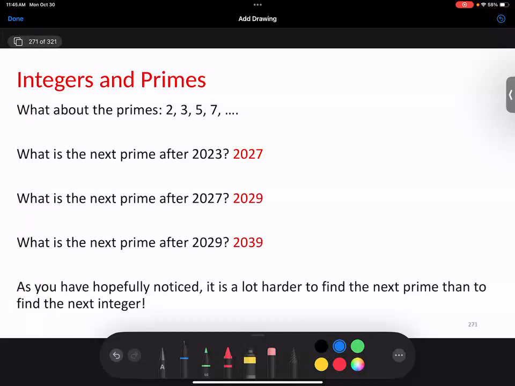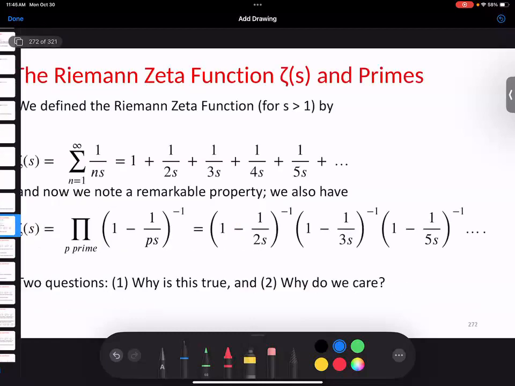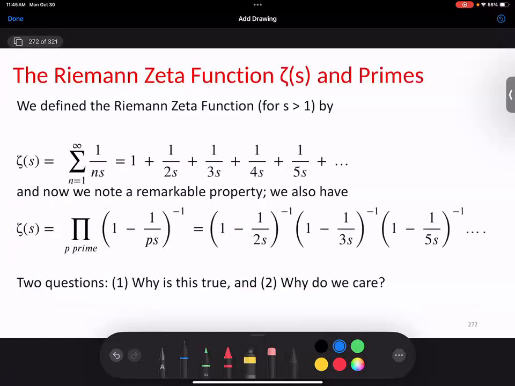The distribution between primes is much harder than the distribution between integers. And that is a huge question. The primes are the events we want to study. How long do we have to wait between events? And one of the reasons we love this function so much, and I will fix all these slides later, but for now, I'll just try to quickly do this,